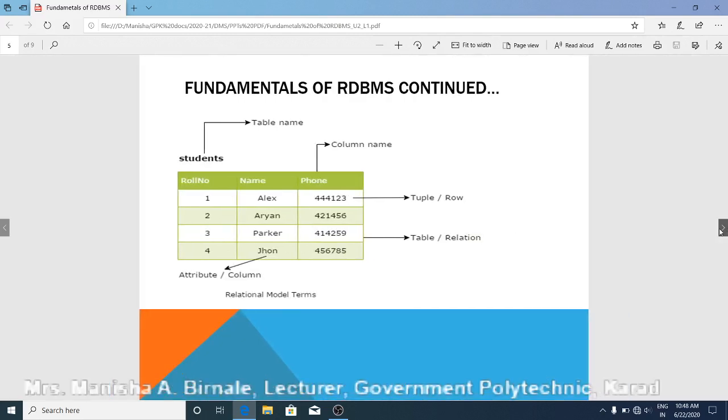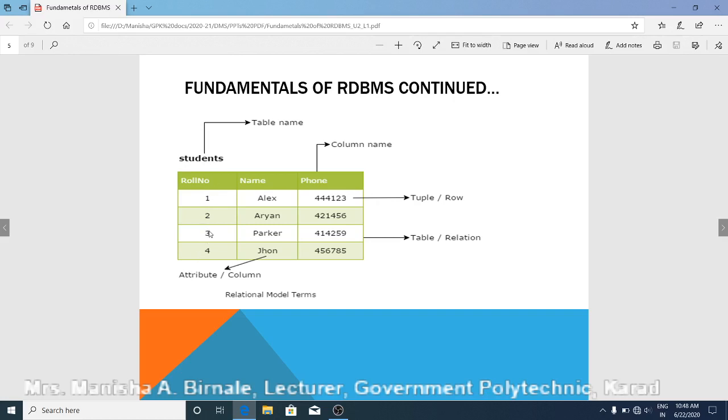This is an example of one table or relation. This is a students table. Students is the name of the table. And there are three columns in this table: roll number, name and phone. These columns are also called attributes or fields of the table. You can see that there are a total of 4 rows in this table.